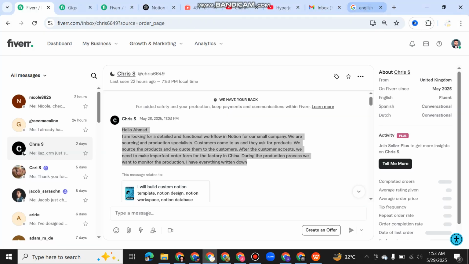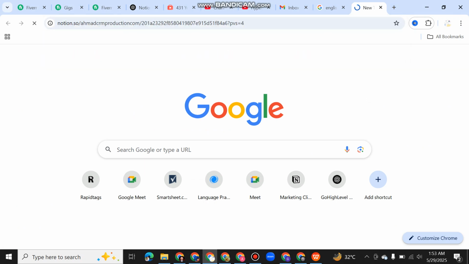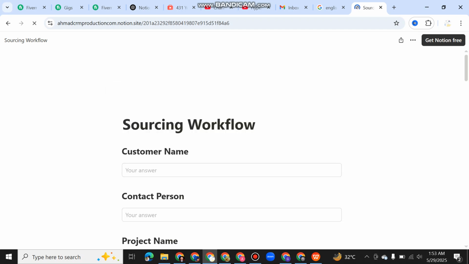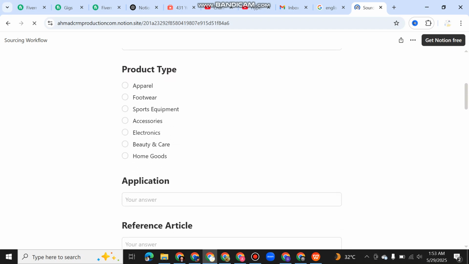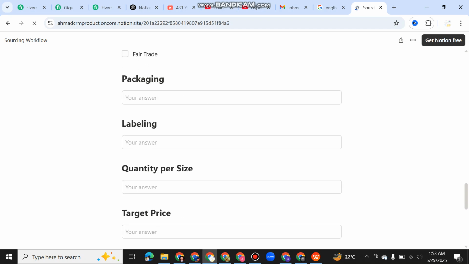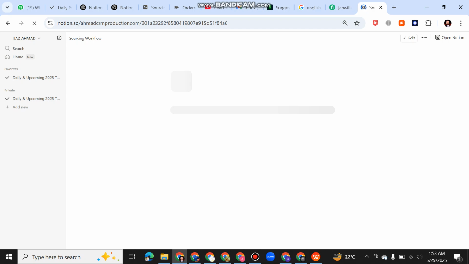When any person opens this form, the form will show and they can easily fill in their information, like customer name, contact person, project name, and more. When they fill in the form and submit it, their lead is automatically saved here in